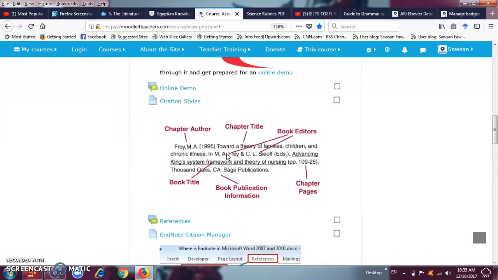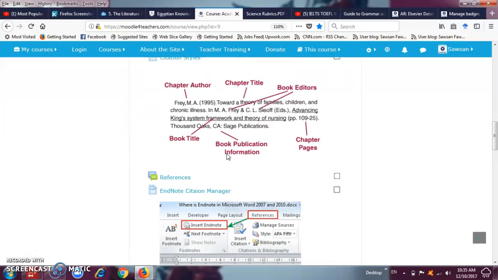I'm directing them to the main page of APA, what APA is and what the organization is. Then to Purdue University, of course, the most famous online writing lab, that introduces them to the main rules of bibliography or references, citations, and in-text citation. Then I give them a list of references